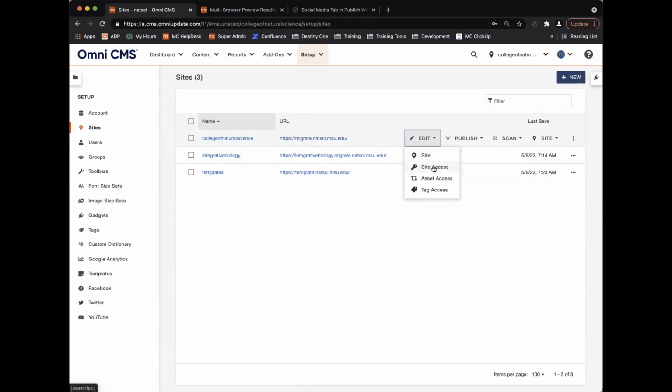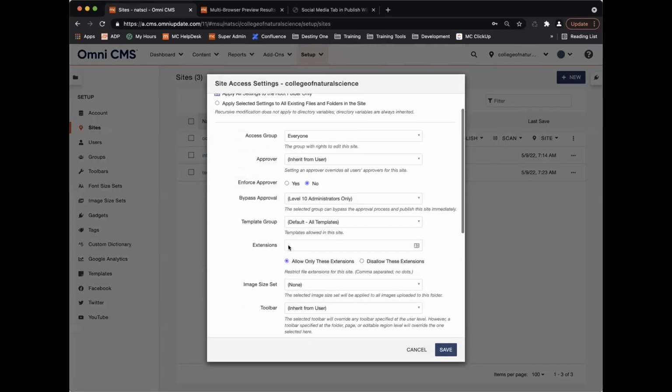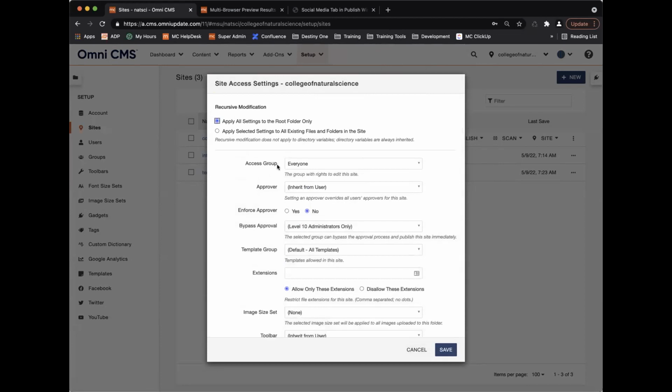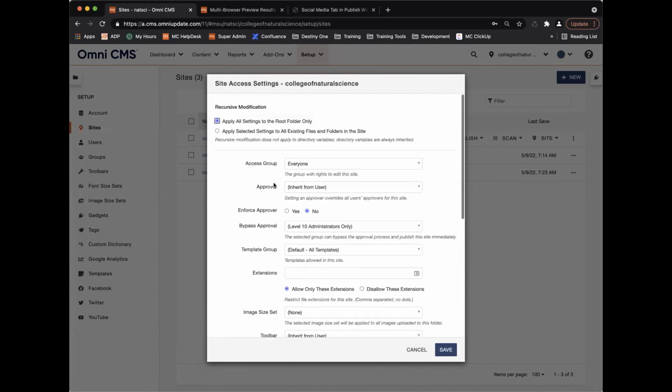Site access. So this is our first level of access settings that we can set for this site specifically. So here, as I click on this, I'm now seeing the site settings, the access settings at the site level. So whatever settings I make here is going to be what applies down. So this is important because you guys are going to have multiple sites, and I'm sure quite a few editors